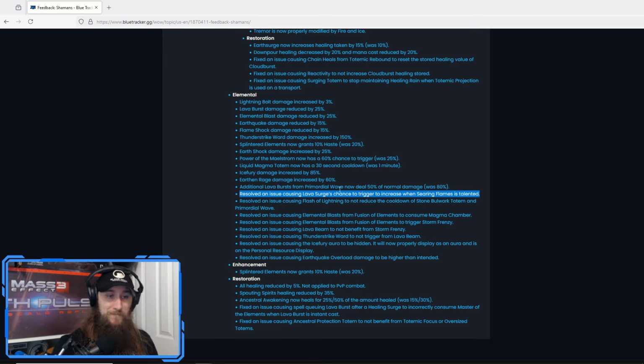So that being said, whenever these go live, a new dawn is rising for Elemental, and I'm not sure if it's good or bad. Probably not good, but I will just say, the silver lining here, just to try to keep things at least somewhat positive, is that this could lead to better gameplay if you didn't enjoy just spamming out Lava Bursts and Elemental Blast and Earthquake, and that kind of being the extent of your gameplay. If you like having to cast Chain Lightning in AoE instead of just casting Lava Burst,